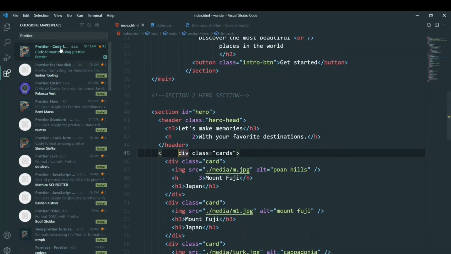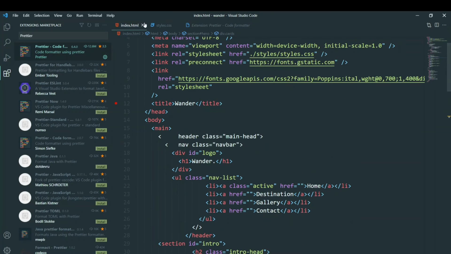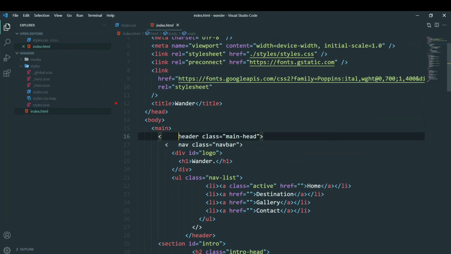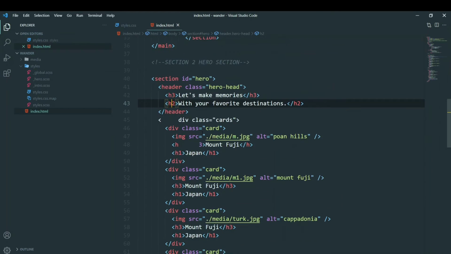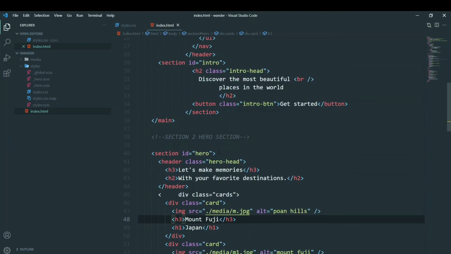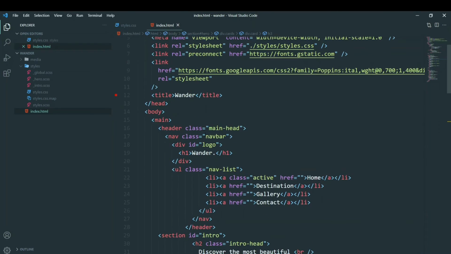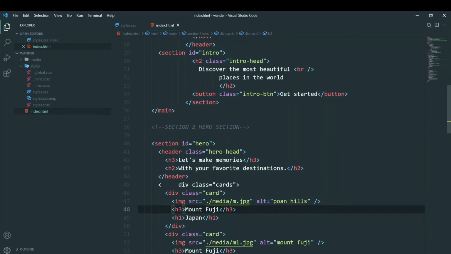Is this enabled? Yeah, let's try it once again. I'll close this. Let's open it, and now I guess we can't do it with this. Let's try to remove this. We have separated H2 and H3, so we can't do that. I went inside the brackets, I'm sorry. Now let's try to save it. There's still some error. Let me find out what the error is. Okay, the div here.